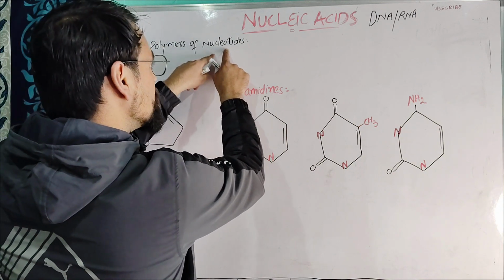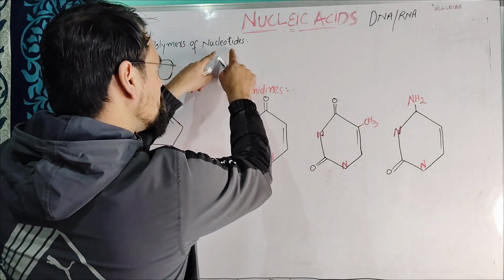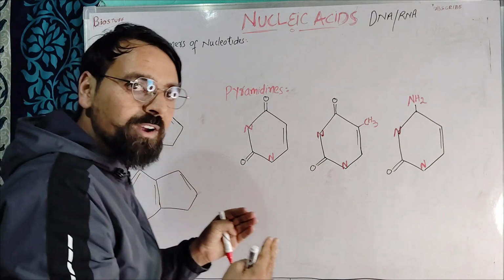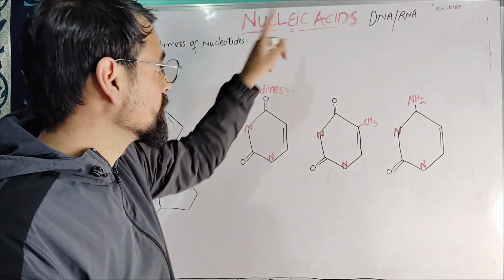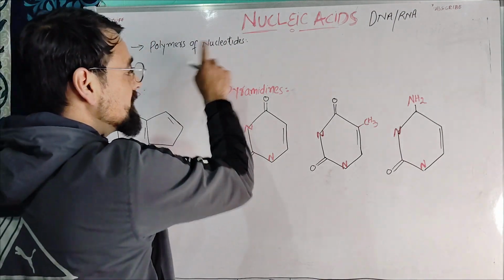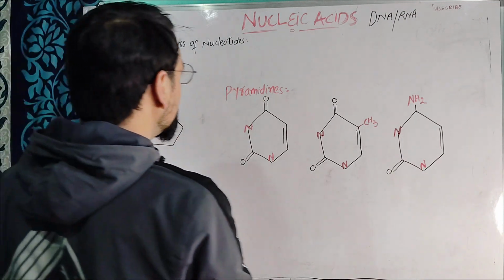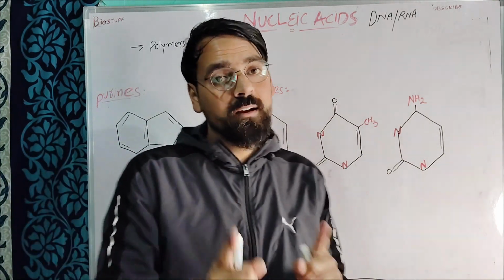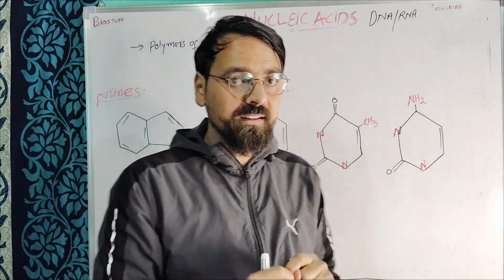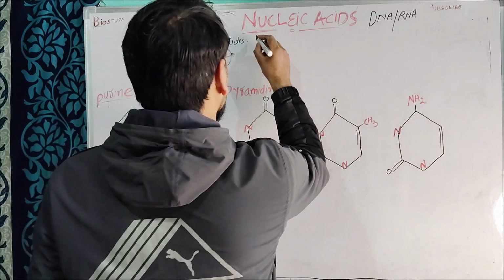So if we understand what the nucleotide is, then what we have to do is we have to join these nucleotides with the phosphodiester bonds to make the nucleic acids. So now we will try to learn what a nucleotide is. My dear friends, you have to remember a single nucleotide contains 3 components. So first,